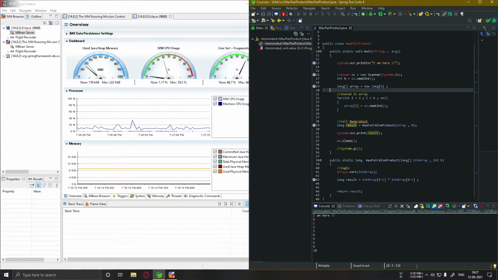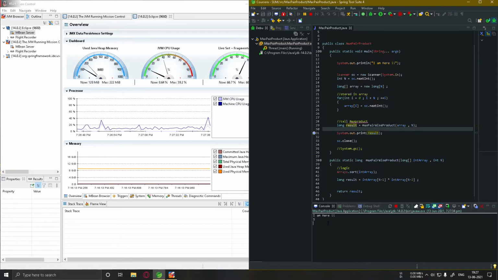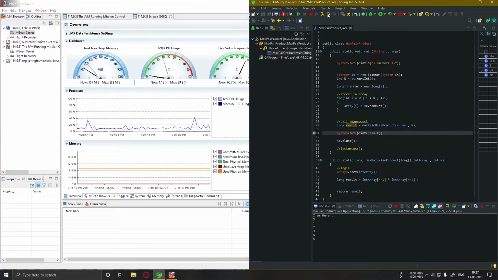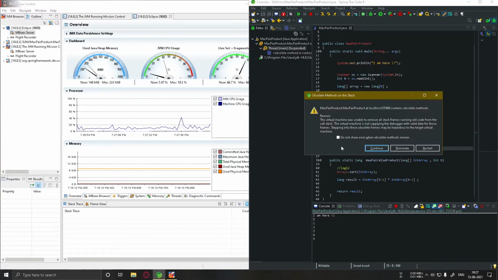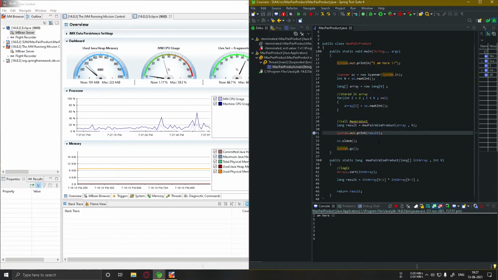Now I'm going to run the same program, but with a different tweak. I'm going to remove all these debug points. I'm going to have a debug point only over here. So I'm going to debug as Java application once more. I enter 5, 1, 2, 3, 4, and 5. Now we are here at the system result. Before doing this, let me restart this once again. 5, 1, 2, 3, 4, and 5. Now we are again here, but this time before we exit our main method,